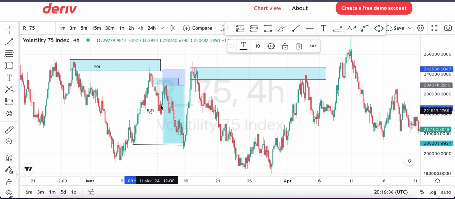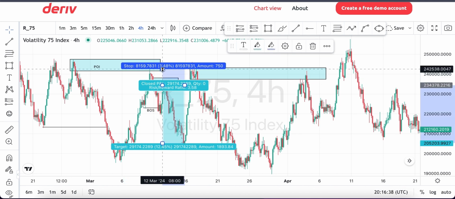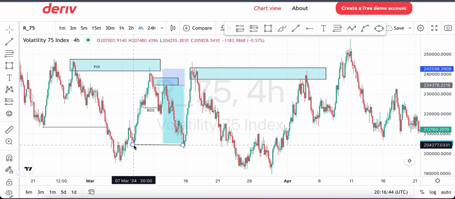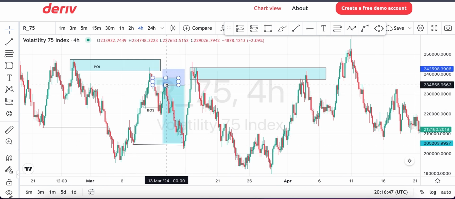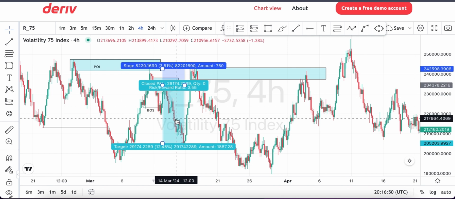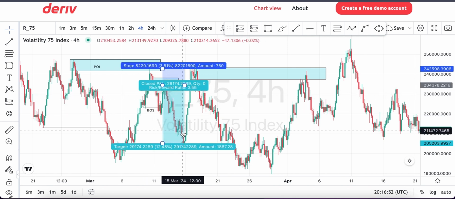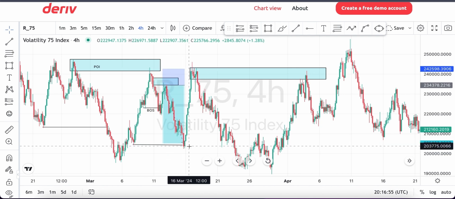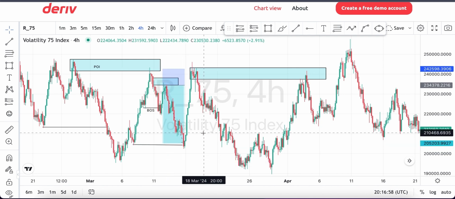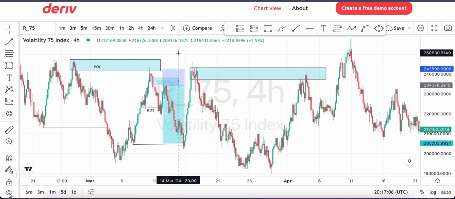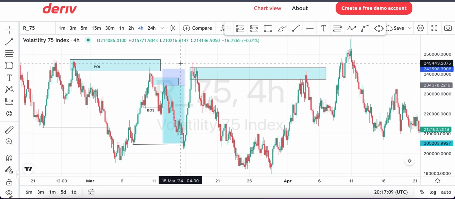Then when price got to that zone, price actually tapped me into the trade. So I set my stop loss right above here, and then my target should be here. You can see price came to my zone, and it triggered my entry and sold perfectly to my target. So that is how to trade the risk entry and the confirmation entry. To me, I prefer going for the confirmation entry because it is better to preserve your account,